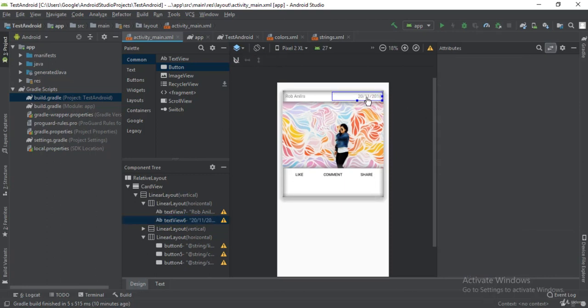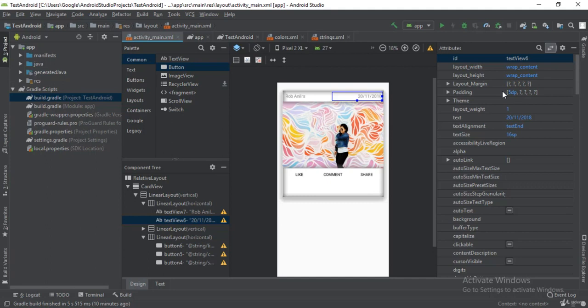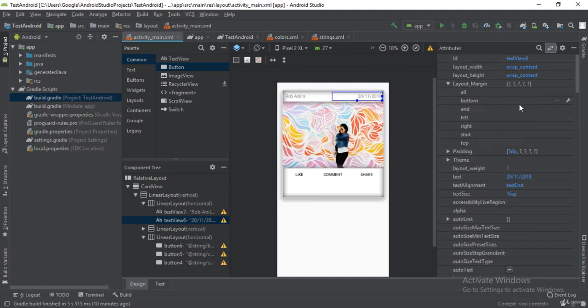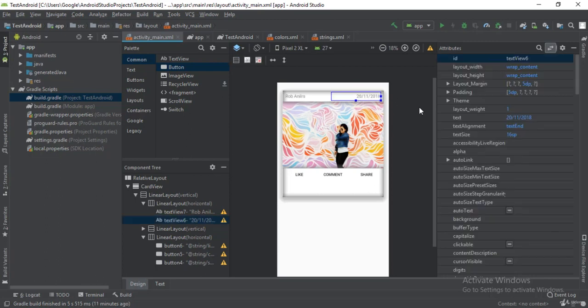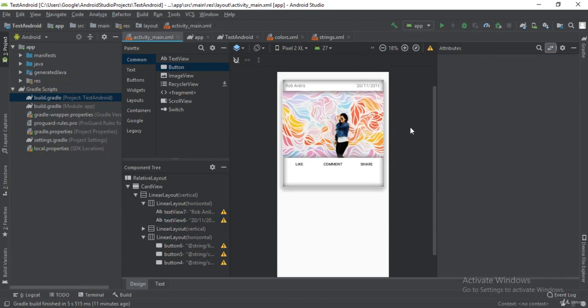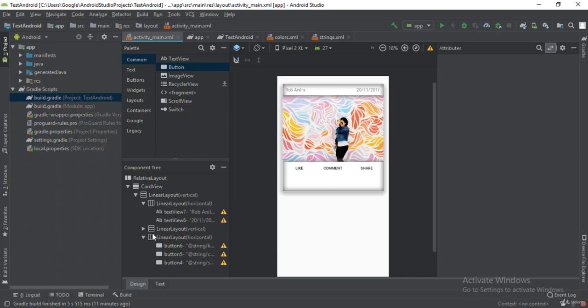Now of course we need to add maybe some margin. Okay, so I'm gonna add some margin from the end. We can provide a margin about 5 dp. Yeah, I think I am happy with this. Now guys, as you can see, we have designed a very simple one, but we forgot something, which is